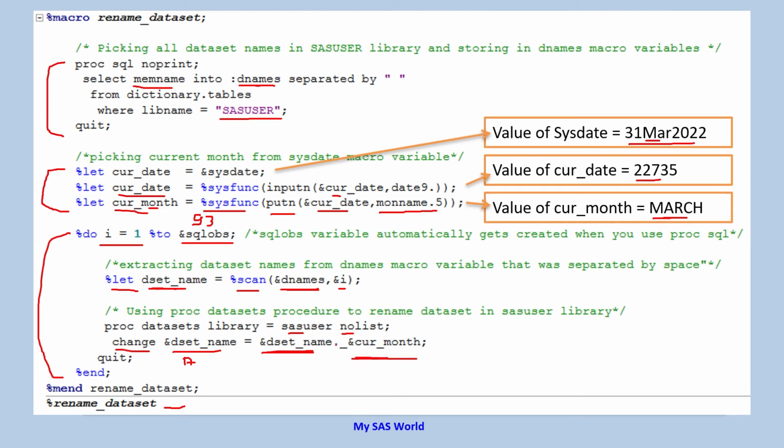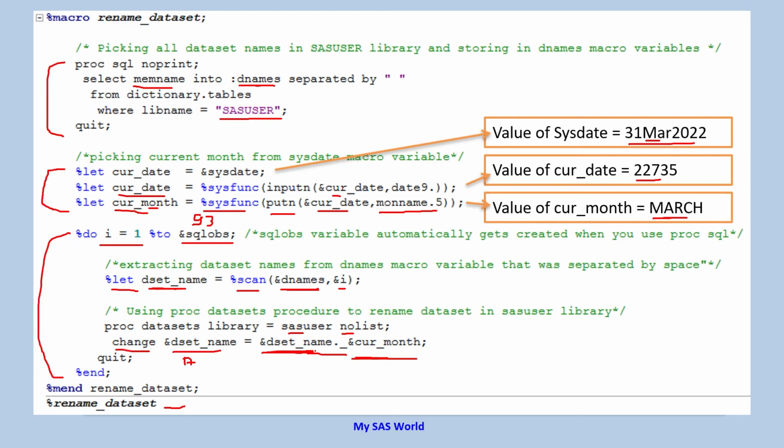Let's explain this part a little more. I use a dot here. Why? Because if I do not use this dot, then the name would become equal to ampersand dset_name_ ampersand current month. The SAS macro would check for a complete variable, ampersand dset_name_, but with the underscore we do not have any macro here.